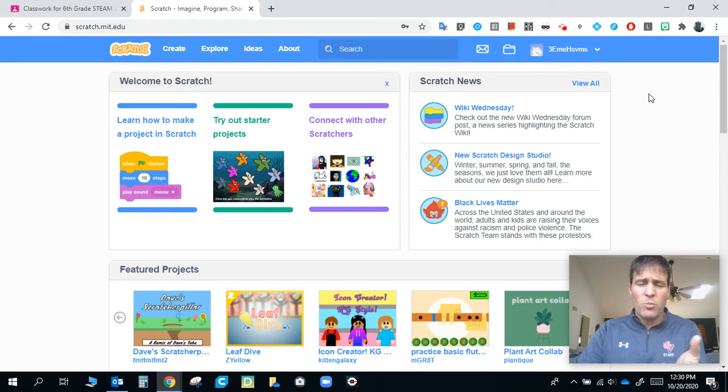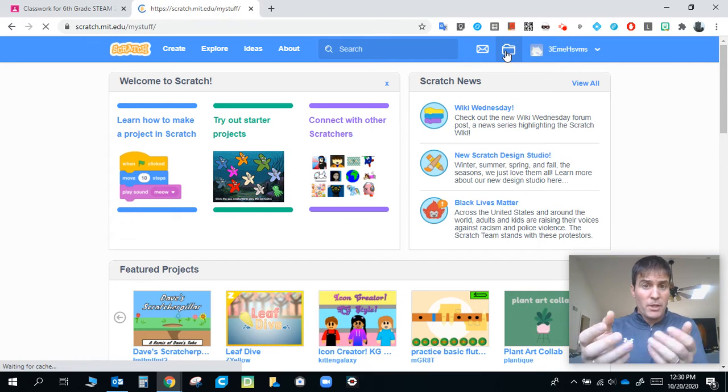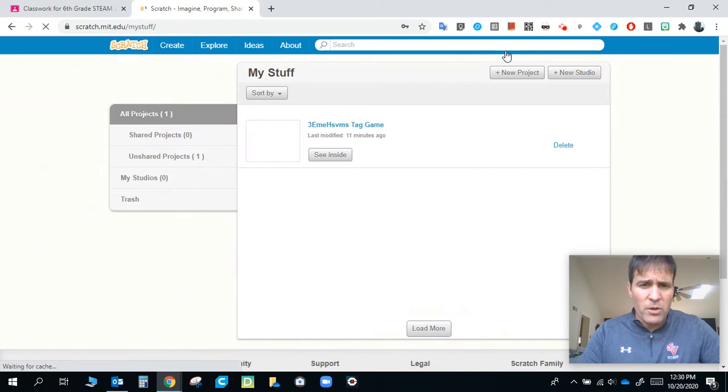So what is it we're going to do? Well, we're going to go back to the game we started working on the last time. That's going to be important. So in this folder, which says My Stuff on it, we're going to click on that folder so that we can see what My Stuff is and hopefully go back into the game that we started working on last time,